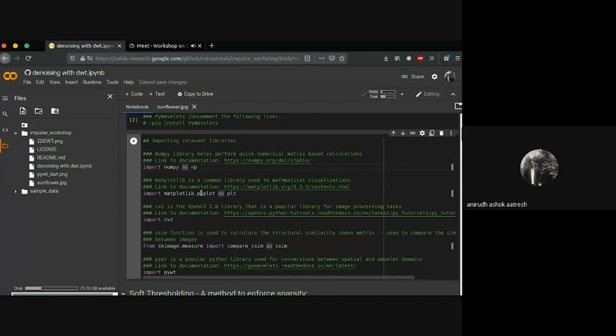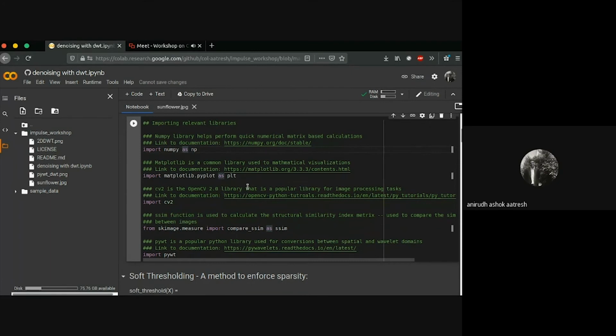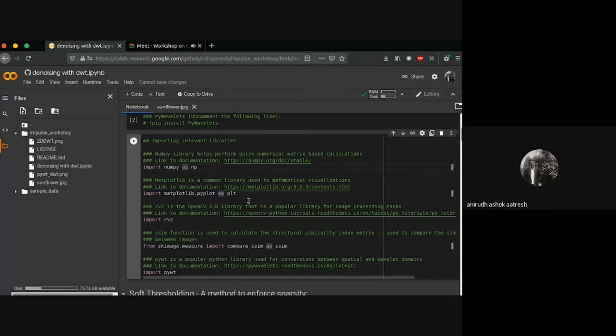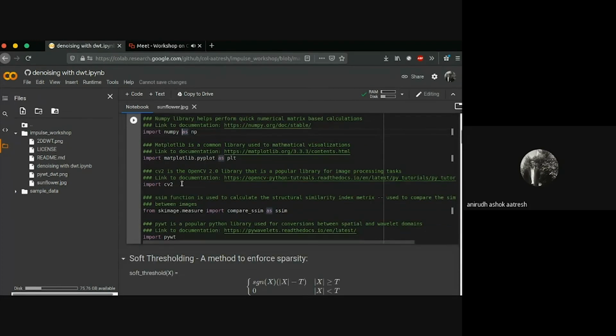Matplotlib is a library to visualize graphs, signals, and various data basically. And CV2 is the second version of the OpenCV library. This library is used to perform some image processing tasks, such as reading an image, resizing an image, etc.